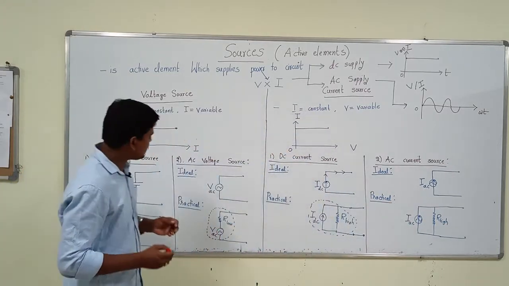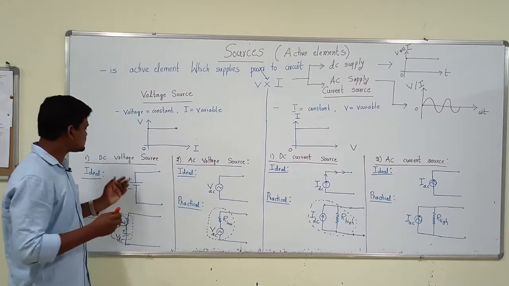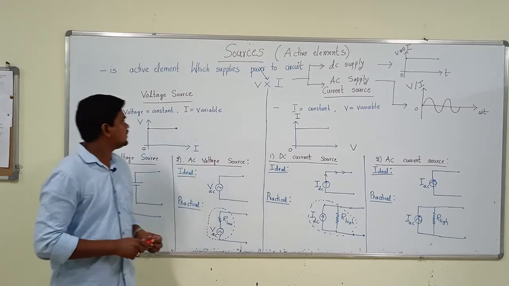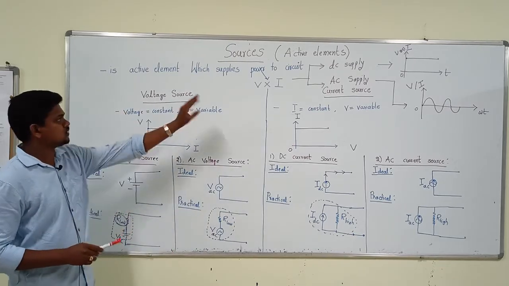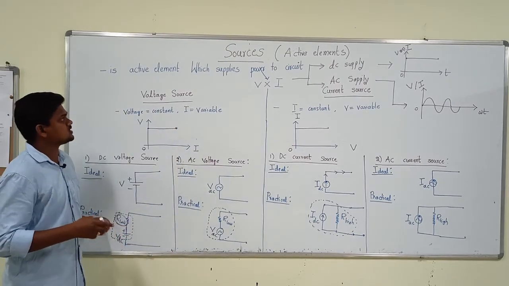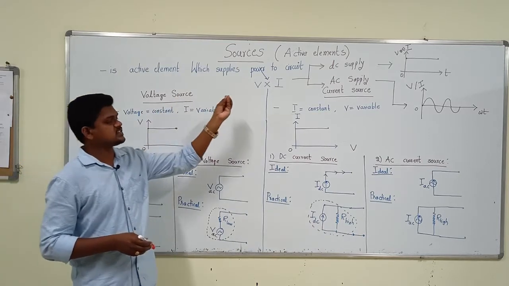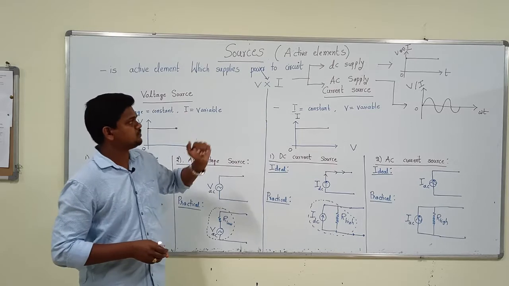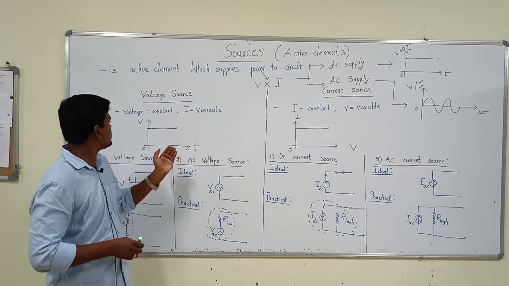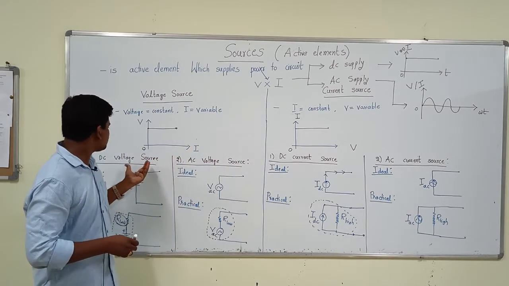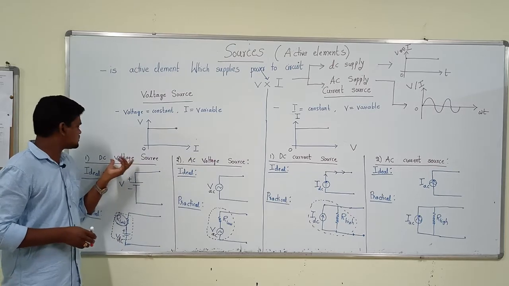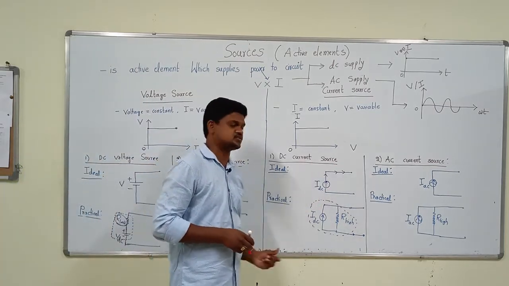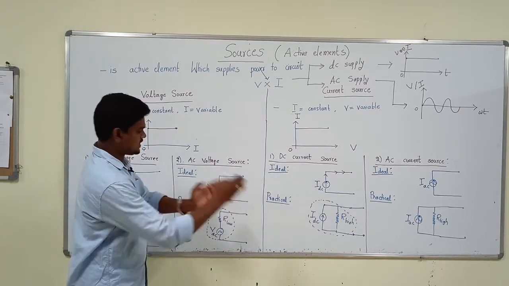This is the DC voltage source, AC voltage source, DC current source, AC current source, because in every electrical circuit and network, these sources are represented by these symbols only. Okay, right? A simple thing. Once again, let me repeat. Sources supply the power, in two types: voltage source and current source. So every source is of two types: DC voltage source, AC voltage source, DC current source, AC current source. These are the symbols.